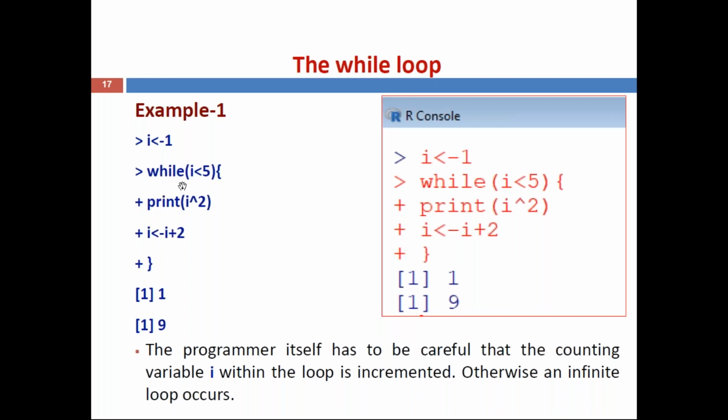Again it repeats. Now 5 less than 5. 5 less than 5 won't satisfy the condition. If it is less than or equal to 5, okay, but less than 5 won't satisfy. So it fails, so nothing will be executed. Then it terminates. The loop is ended. So it completely depends on the iterations by depending on the value of I.